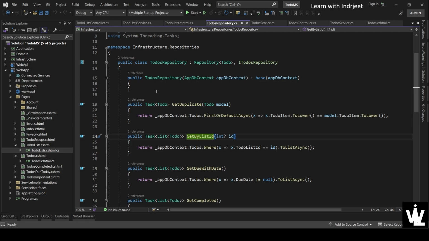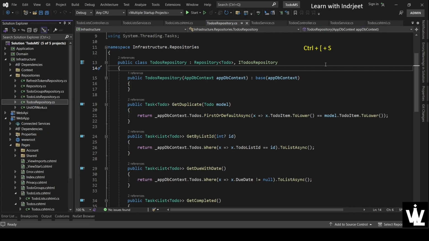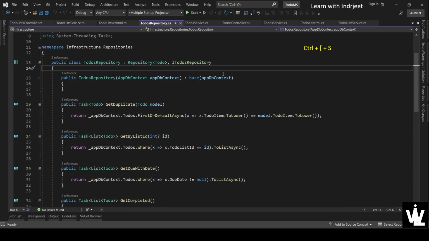Right now we don't know which project it belongs to. So press Control open square bracket and S. So it will take us directly in the solution explorer to the folder where this file is located. Even if the solution explorer window is hidden,